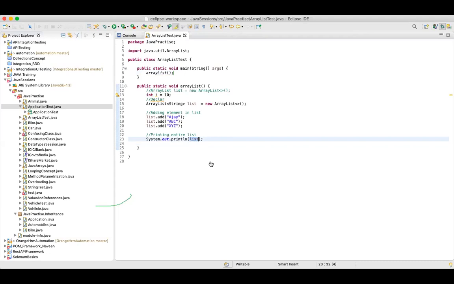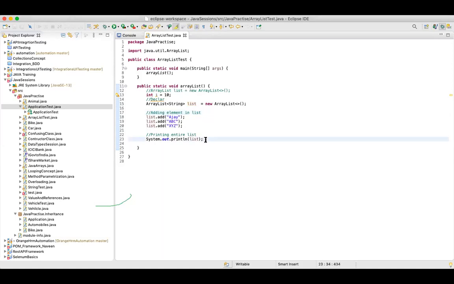Now this was simple declaring. Can we add any numbers? Yes. Let's assume you are declaring an ArrayList for integers. If your plan is to store IDs, you can create an ArrayList of integer and add integers in that. So we'll see string and then we can see integer as well.